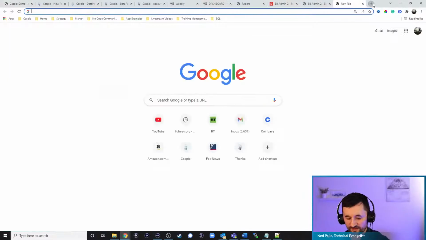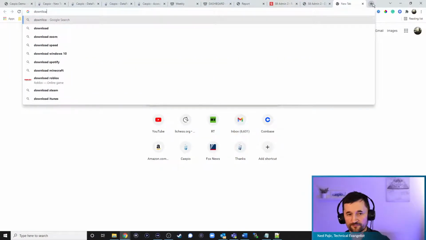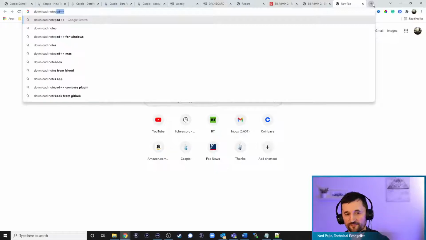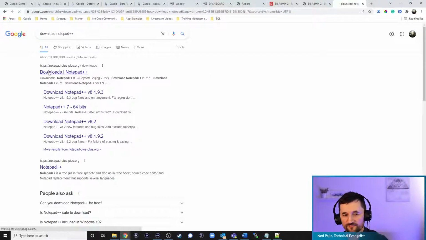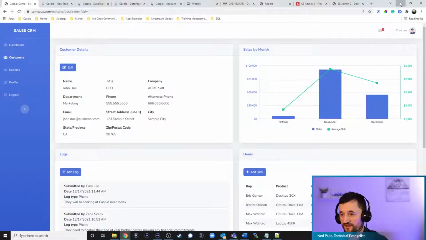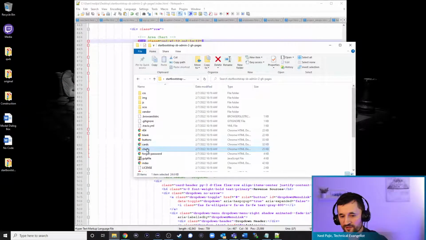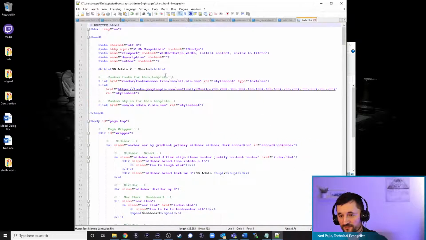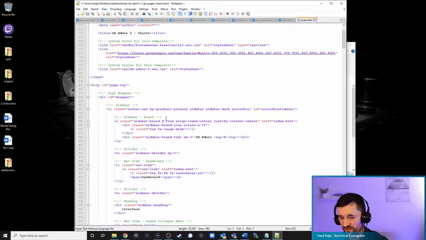So if you just go to download Notepad++, okay, you can download that for your Mac or Windows, depending on what operating system you have. Once you download that file, then offline, like I said, you're going to be able to right-click on each one of these and open that up in Notepad++. And now you can modify that web page. Once you embed your Caspio data page inside your template, then you need to use a tool like I use